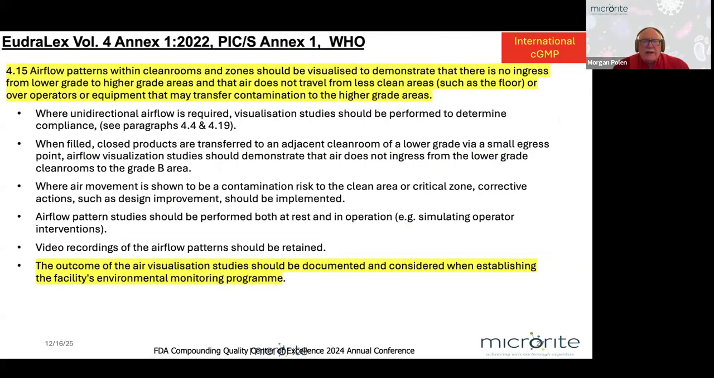Moving on to Annex 1, the latest version of GMP Annex 1 came in 2022, and this followed verbatim to PIC/S Annex 1, more of an international standard, extending beyond Europe into Canada. The US is actually part of PIC/S, and other parts of Asia. And then also we have the WHO Annex 2. And Section 4.15 talks about airflow patterns within the clean rooms and clean zones should be visualized to demonstrate that there's no ingress of